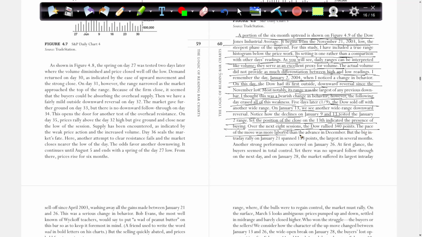The pace of the move was more levered than the advance in December, but the big intraday rally on January 21st spanned 153 points, the largest in several months. Another strong performance occurred on January 26th. At first glance, the buyers seemed in total control, yet there was no upward follow through. On the next day and on January 28th, the market suffered its largest intraday